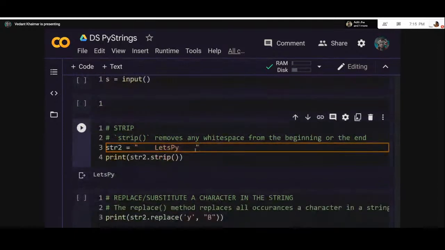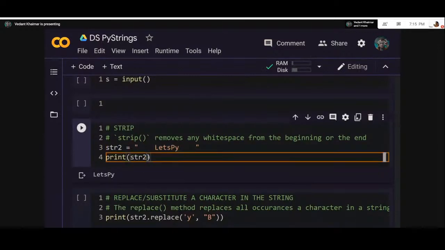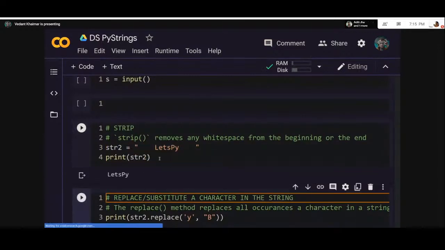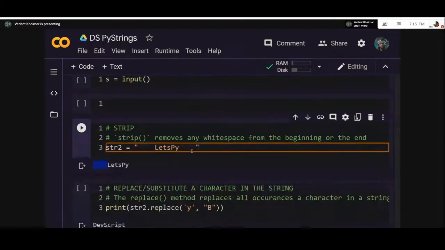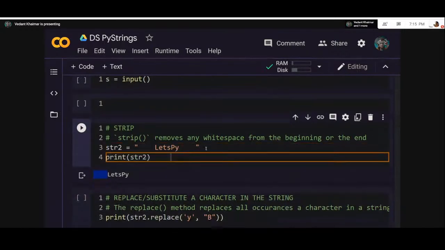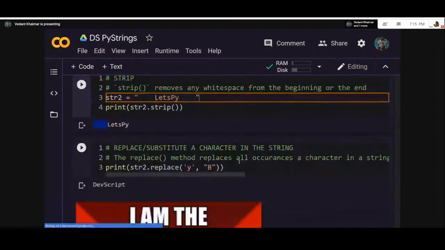So this is a strip function. We can see there is nothing here. If I just remove strip, let's see what we get. See, we are having spaces. Yeah. Moving forward,